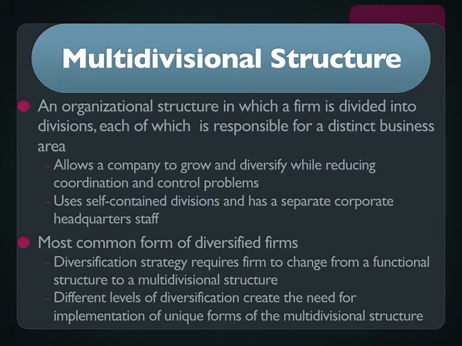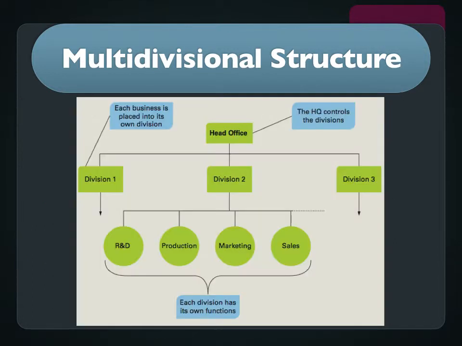So it's an interesting example where function, what the company was trying to do, dictated the form of the organization. The architecture of centralized functional decision making was no longer appropriate, and so alternative forms had to be formed. Visually, we can see that you have multiple divisions, each division has its own functional areas, and each of the divisions is then overseen by a head office.